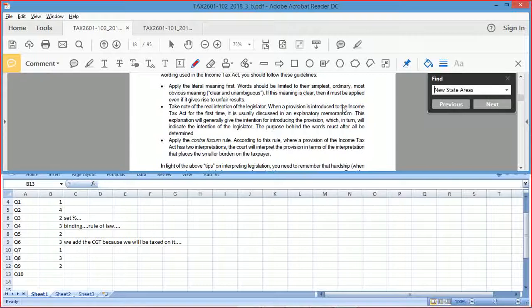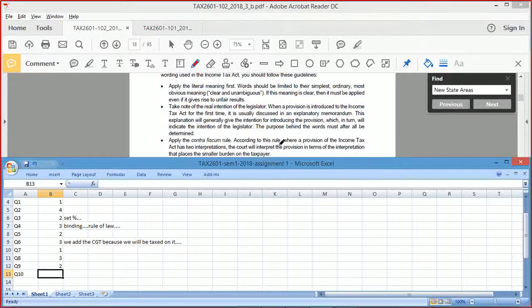No, sir. I haven't purchased it yet, sir. Oh, okay. You haven't got it yet. So, the tax acts are quite specific because they test your knowledge and understanding around the background information regarding the legislation. Okay, so if we're looking at the New State Areas